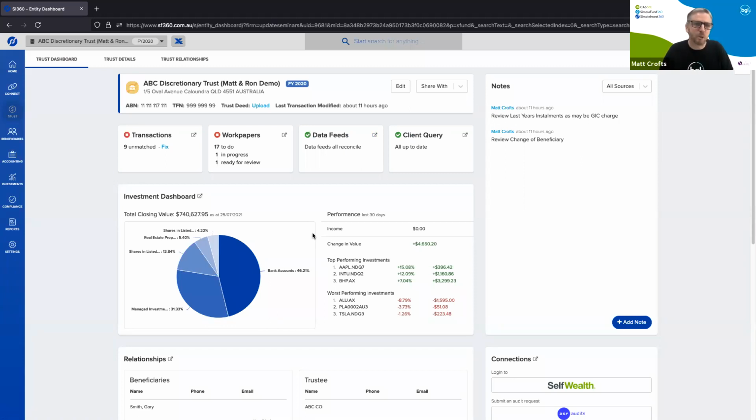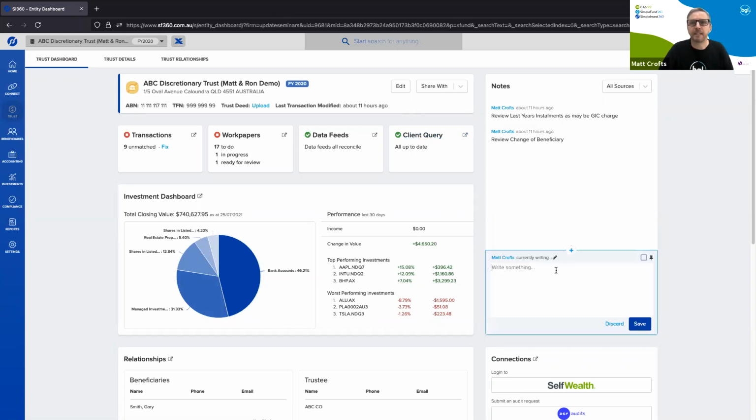Link, Computershare, and Boardroom all integrate into our Simple Invest solution, as well as all the different bank feed providers. And as Ron mentioned, you can do client queries here. So you can see if your client's got any outstanding or you want to share unmatched transactions with them that you can't figure out where to code them. You can share them here and view them in our client query. It used to be called trustee query, but now we support all entities. It's called client query. So this gives you a quick snapshot.